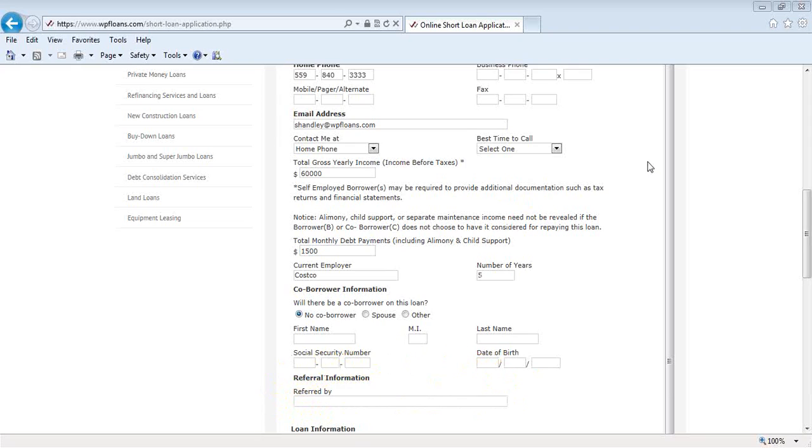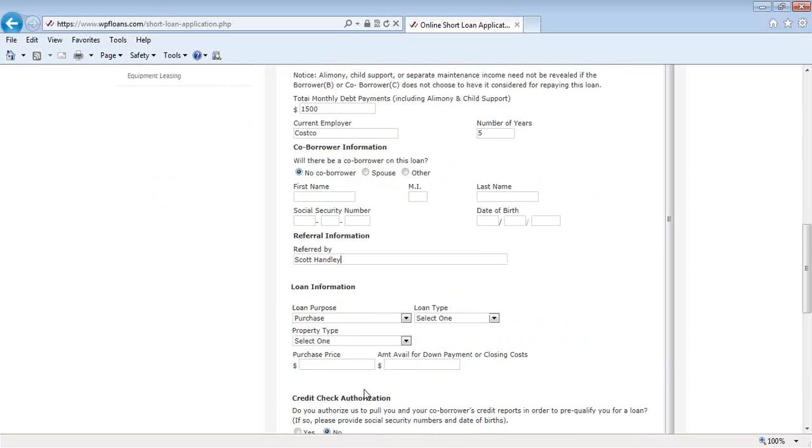As you can see, here is where we will be able to determine which loan officer to send the file to. So when you are talking to your potential customers or clients, you will let them know, hey, go ahead and fill out that one-page application, and where it says referral information referred by, just go ahead and put my name so we know where it's going to be directed to. So I'll go ahead